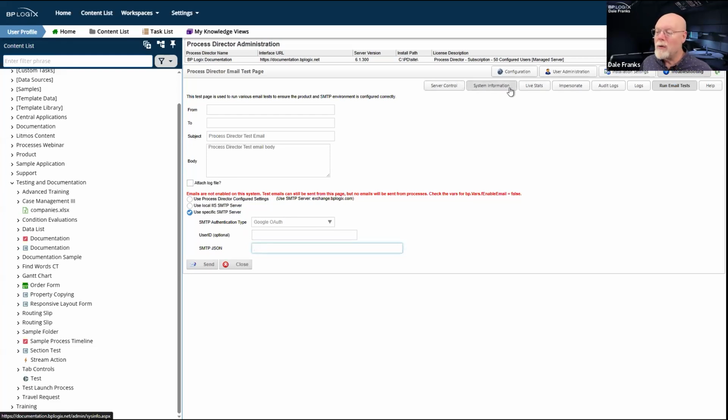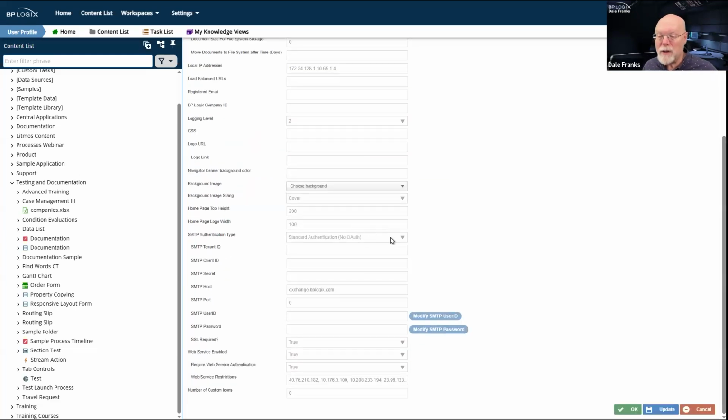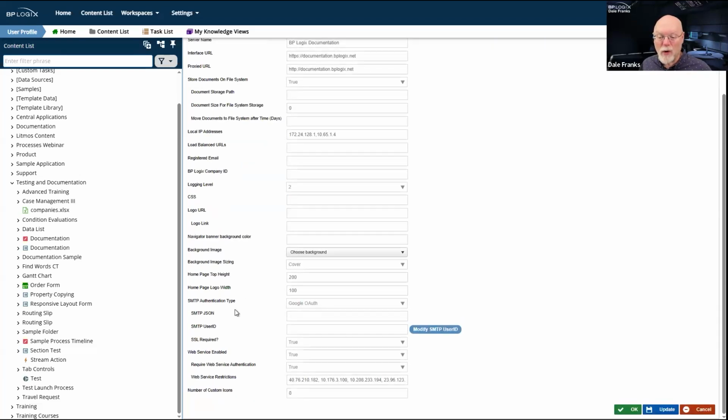If we go to installation settings and we scroll down here to our SMTP authentication type, same thing happens. It's going to regen, and we're going to have our SMTP JSON there as well. And it's just a snippet of JSON. It may be a fairly extensive snippet of JSON that you just have to copy and paste into here.